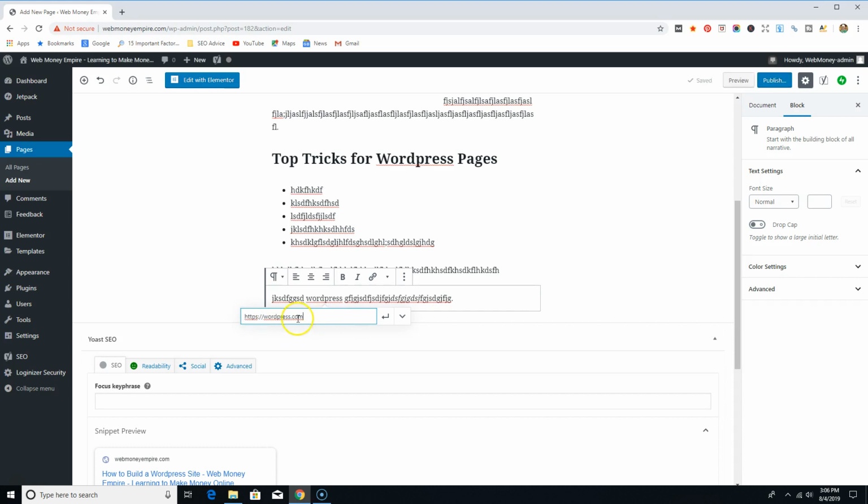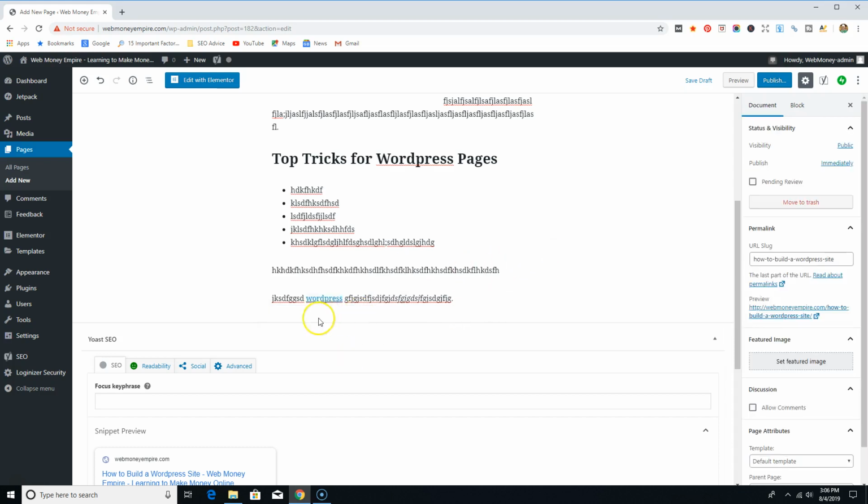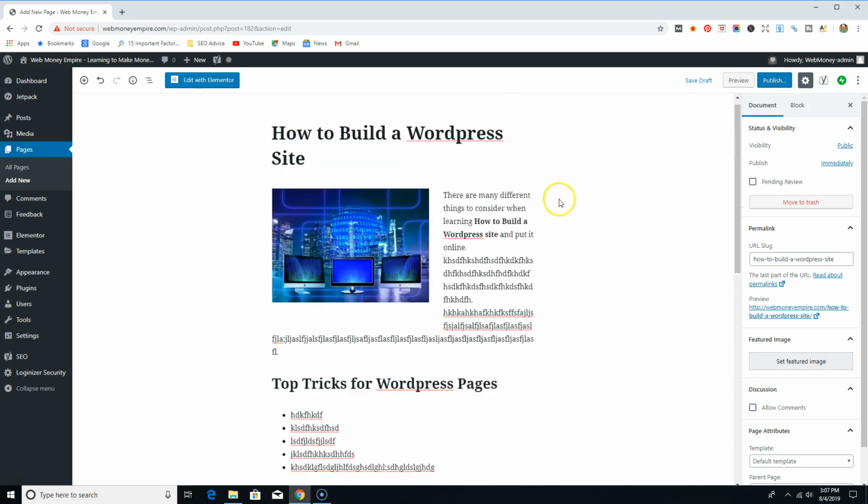So let's say that's the website I wanted to link to with that keyword. Then I would just go down to here to apply. Okay, and now we've got a link that when this page is live, people can click on it and it's going to open up and take them to WordPress.com, or to your affiliate offer, or to another resource site, or to Wikipedia, or to some other authoritative site that has good information that is related to